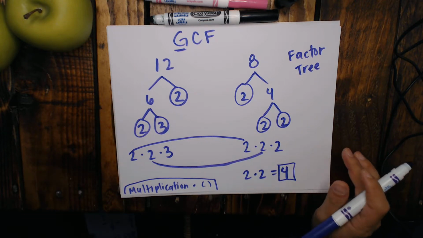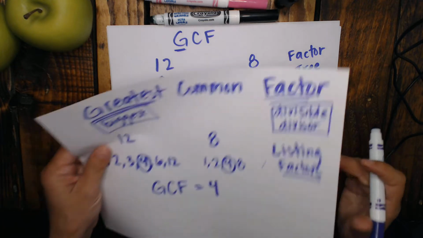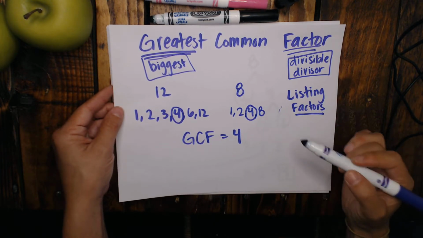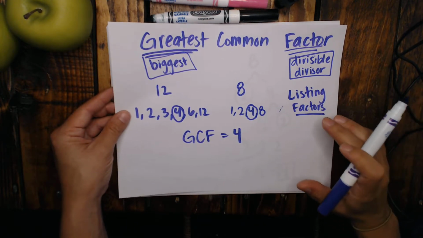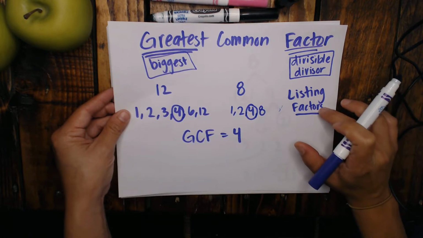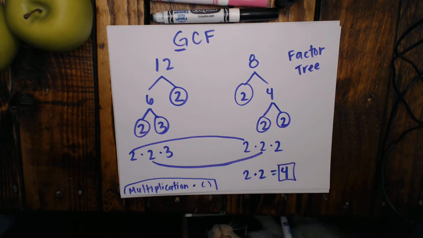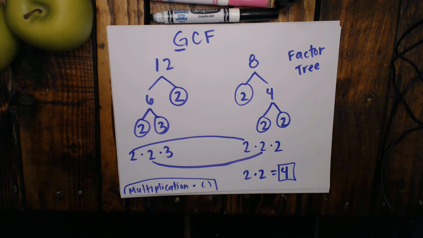Same thing as how we did it with listing. We still end up with the same answer, but again, it's 2 different strategies. So we have listing our factors and then our factor tree. Now, that is for GCF. Now, on the flip side, we have least common multiple. So when I talk about least common multiple,